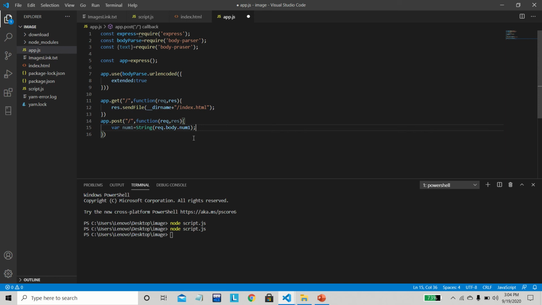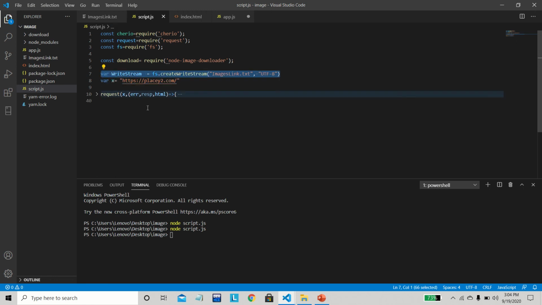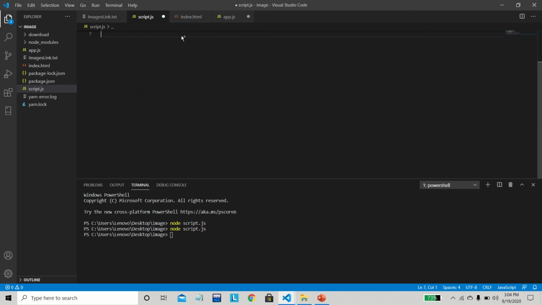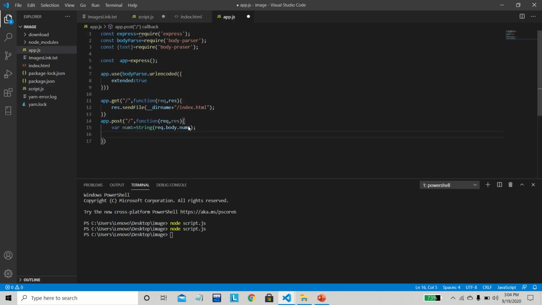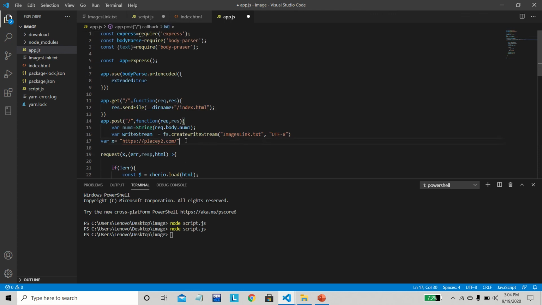Okay, now once we get our URL, we have our operation set. Once we get the URL, we create our file and perform some operations on it and get everything done. So I am going to copy all this. Our operations are not going to change. We are performing the same operation on that URL. Just one change: x will now be our num1. And what is num1? The URL passed from the form. So let's set this as well.